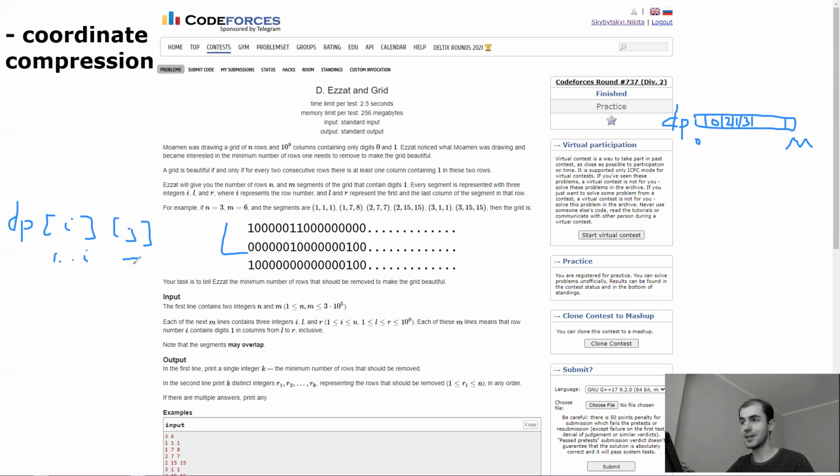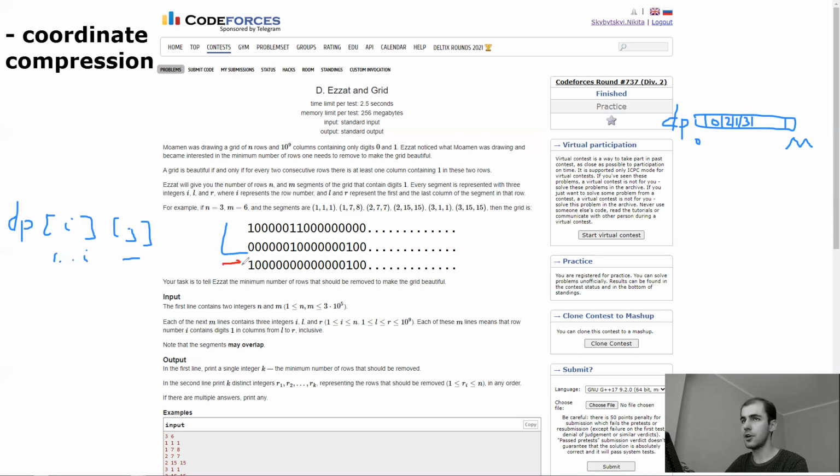I encourage you to take some time to process that information because it may be a little bit confusing. If you were not thinking about this problem for long enough as I was, it may not be the most natural choice, but believe me, it will lead us to a good solution. Alright, so assuming that you fully understand the definition of DP, what is the DP transition from DP of i to DP of i plus 1? What happens is we